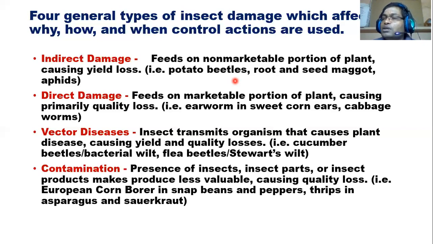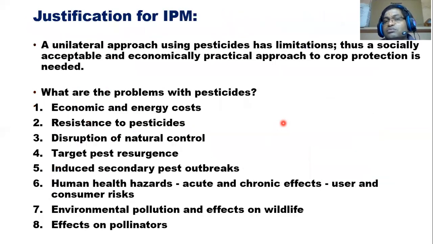If you are storing some rava, semolina, right? If you are storing some wheat flours, while you are storing, you can expect so many beetles. No? If there are beetle attacks, quality losses. Therefore, the fourth way is they are causing economic damage. In which way they are causing economic damage, you should understand in order to decide which tactics will be more suitable for the management. So therefore, you have to justify the IPM.